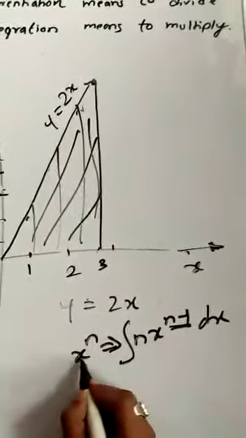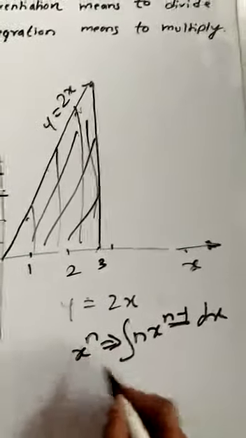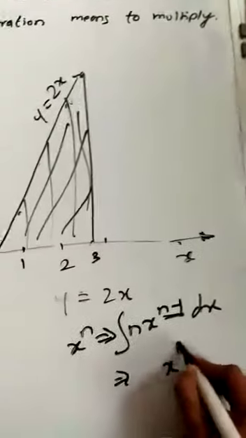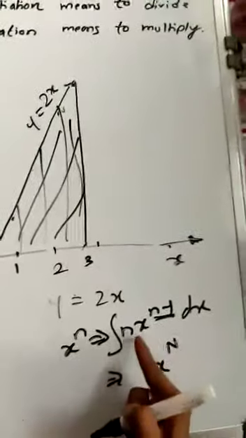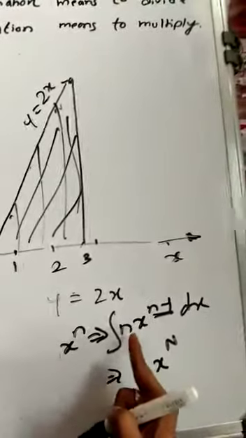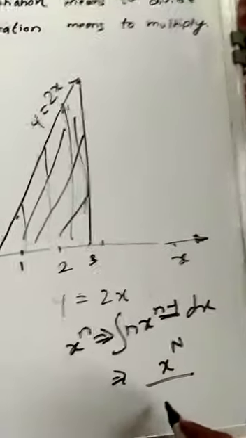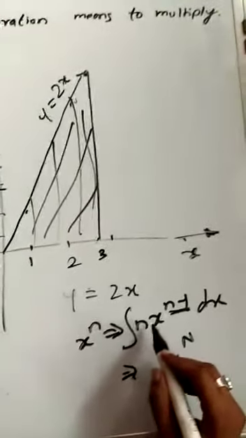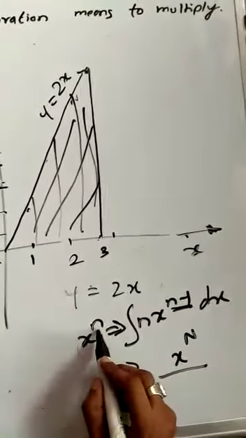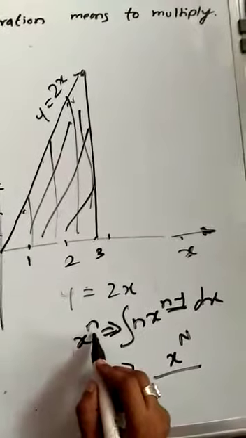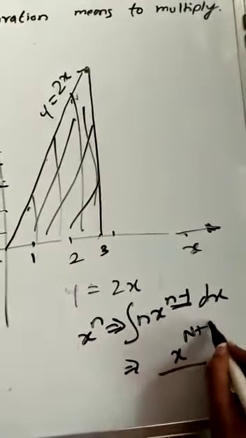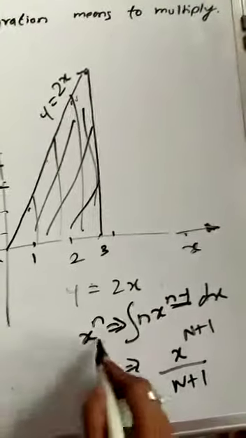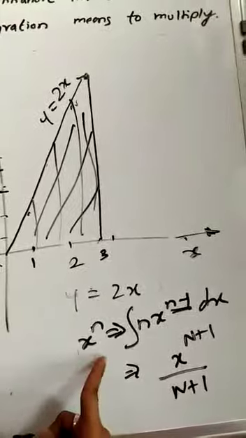so when will I get this? When should I get this answer? If we assume this as n, then we find x raised to n. Then this should be n plus 1, and in order to cancel this I should do n plus 1. But here we want n, so what we should do is add 1 here, and in order to cancel, we should also add 1 here. Then we get the value of x raised to n.